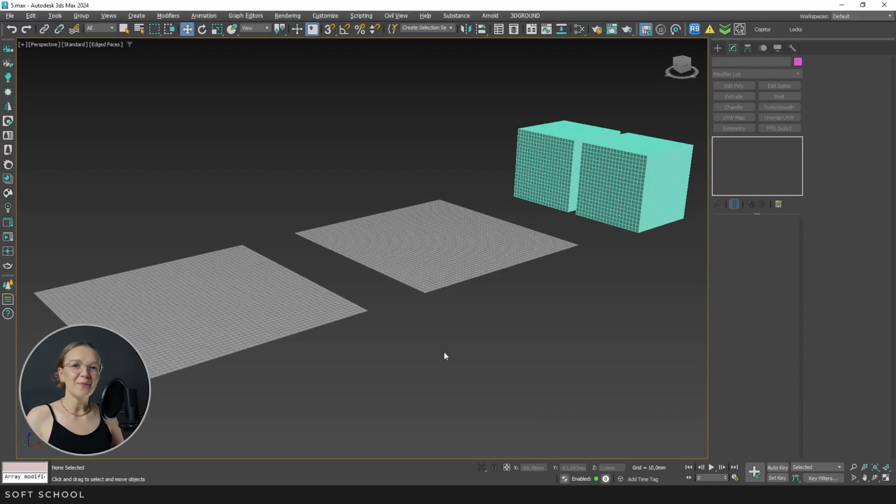Hi everyone, I'm Kate. We are continuing to learn the basics of polygonal modeling, and today we are going to talk about soft selection. Be sure to click on the tooltip in the corner and watch the previous lessons if